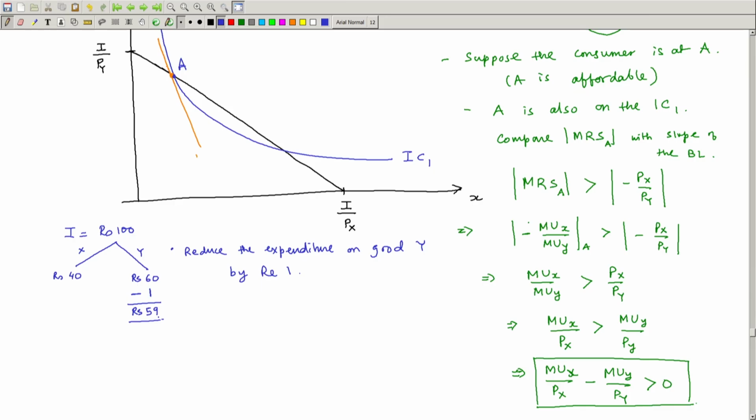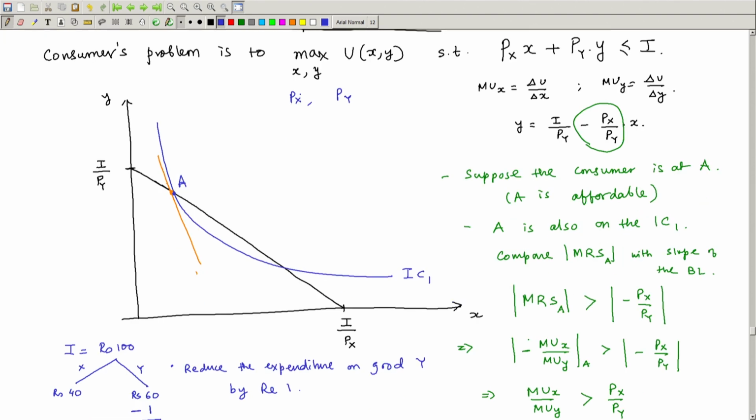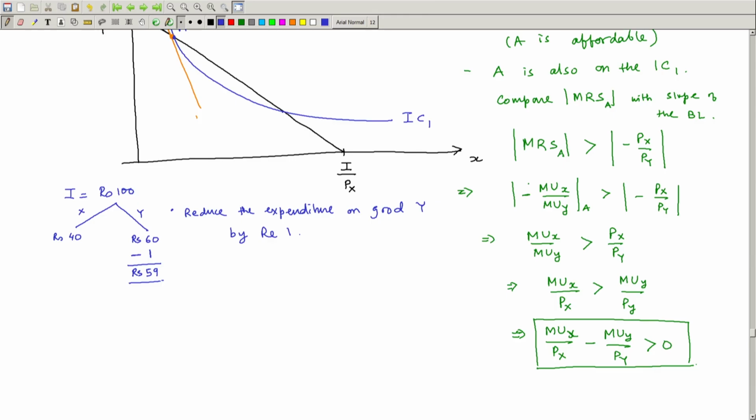Now if I have reduced expenditure on good Y by rupee 1 and each unit of good Y costs me Py rupees, so recall Px and Py are the per unit prices. So if I spend Py rupees, I will get one unit of good Y. So if I have only 1 rupee, I will not get the entire good Y, I will get 1 upon Pyth unit of the entire good. So because I have reduced my expenditure by rupee 1, it reduces the amount of good Y by 1 upon